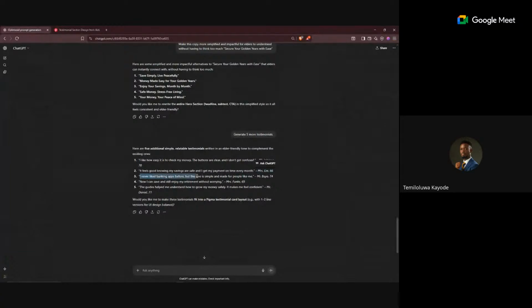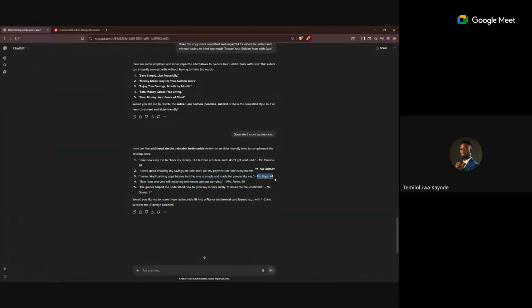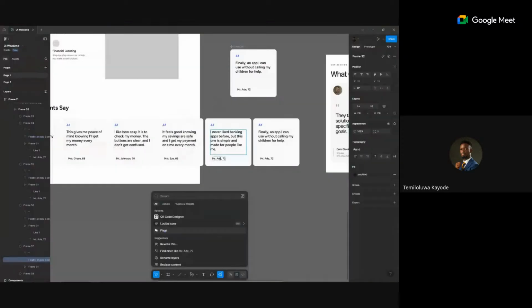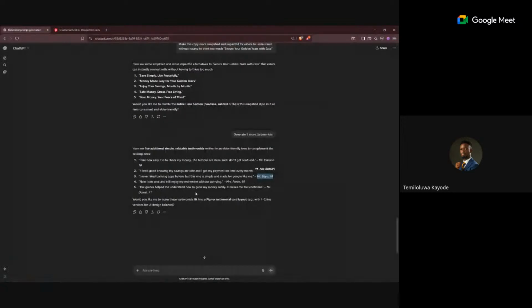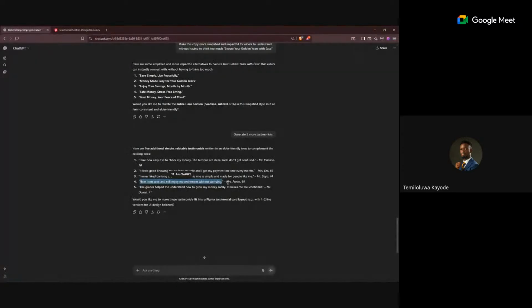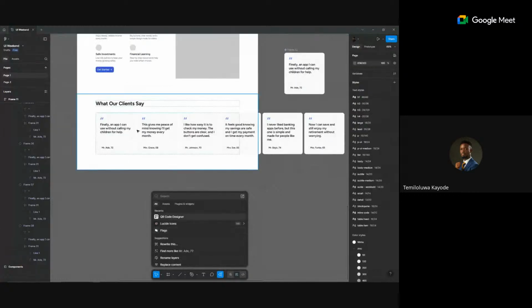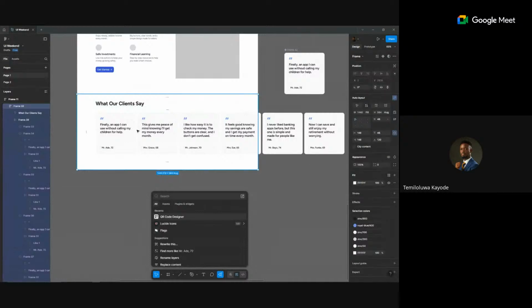Okay. So I never like banking apps, blah blah blah. So ChatGPT is good for testimonials also. Well, this is not good to lie, but well, anything for the business, right? Sometimes you could just use ChatGPT to generate things like these testimonials where the company does not have any, or you believe that having a testimonial would be a very good image for the organization you're designing for. So you could easily just generate sometimes. But where you can, you could just ask them to give you